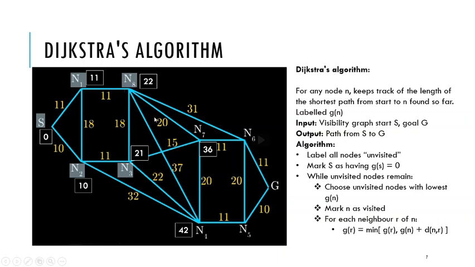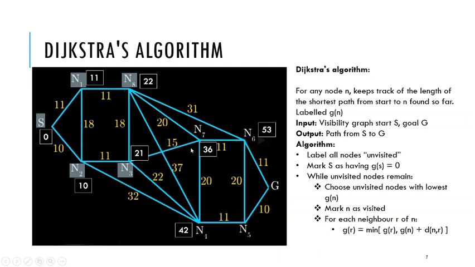So it is this and this, going to n4, n7 and n6. Okay, so I have 22 at n8, so I am going to visit n8 and cross it out. So what neighbor does n8 have? n6 you have, and that is going to be 22 plus 31 for n6, so that is 53. And then we have n7, which is a neighbor, and 22 plus 20 is 42, but we have 36 already, so we will not write 42.